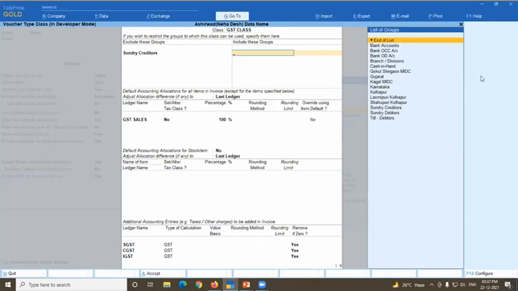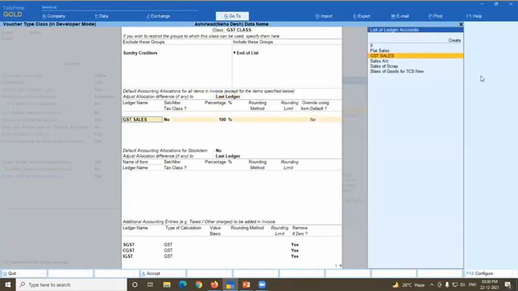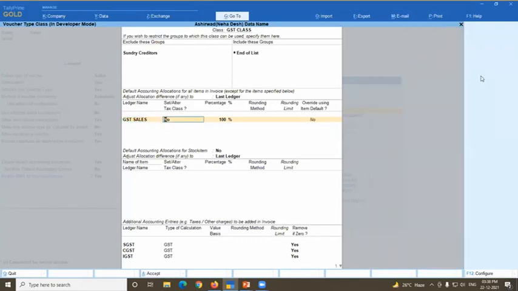So if I am always purchasing from and selling to the same party, in that case I can select the other sundry creditors group here. Otherwise, it is the end of the list. This is called an advanced setting. What happens when this setting is done? In voucher entry, when you are doing a sales entry, it will not prompt or show ledgers under those excluded groups. Here you can select your sales ledger, and again there is an advanced level. I will tell you after a minute.